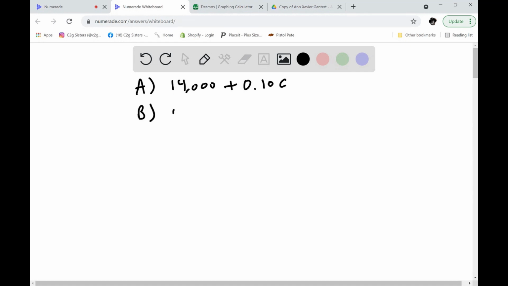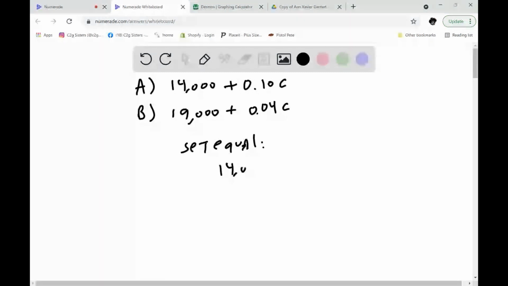And then option B is 19,000, and you get 4% commission, so 0.04C. Okay, and the question is, what level of sales do you have to have so that option A is greater than option B? Well, if we set these two equal, first of all, to find out just where they're equal, because if I can sell more than that, then option A will become greater. Then I have 14,000